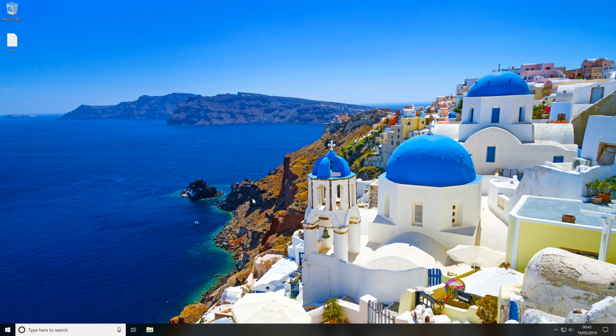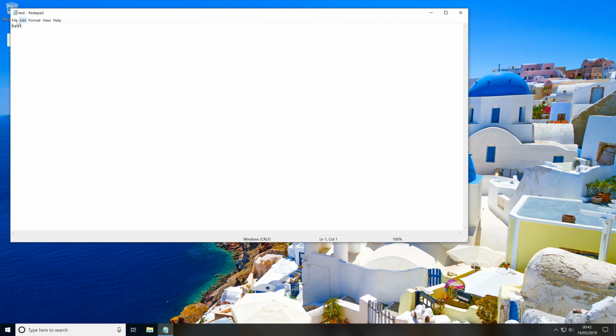Today I'm going to show you how you can change the default program that a file type opens with in Windows 10. So as you can see on the desktop here, we have a text file. If I double click on the text file, it currently opens up with the Notepad